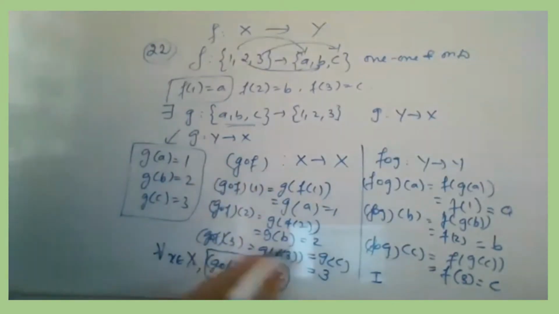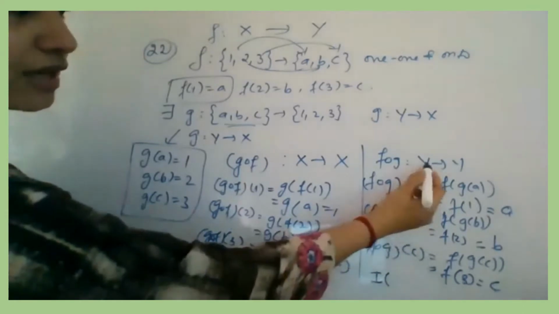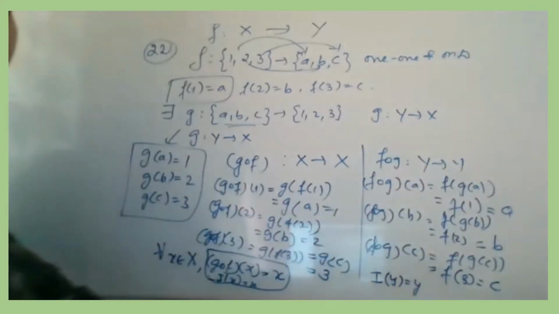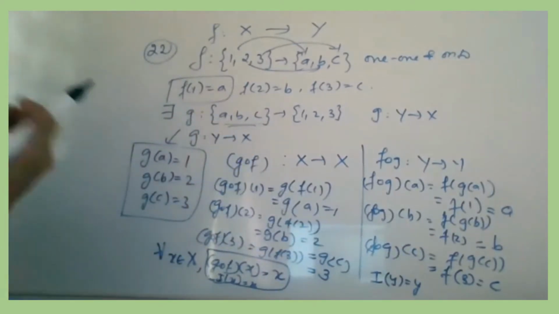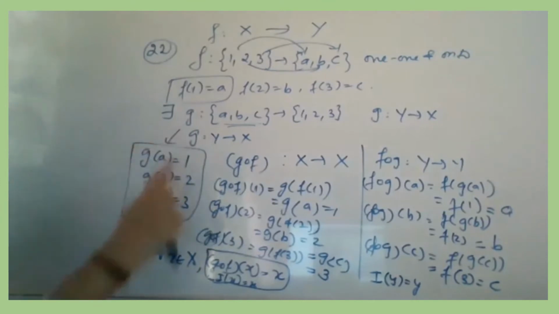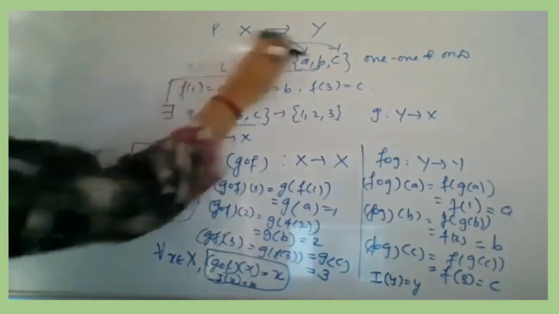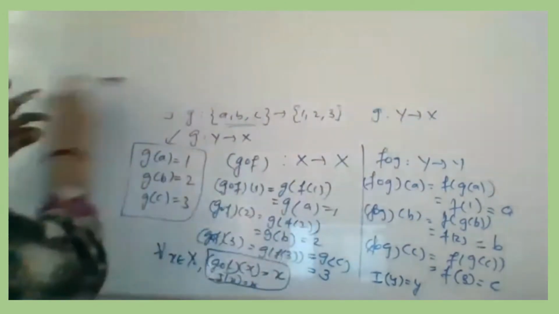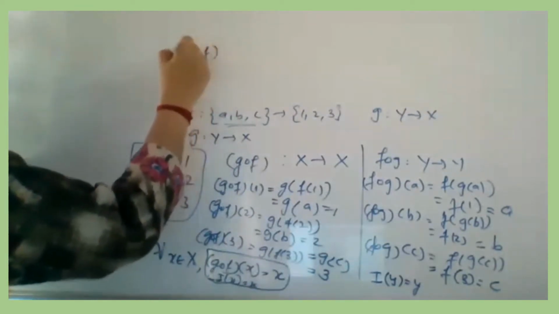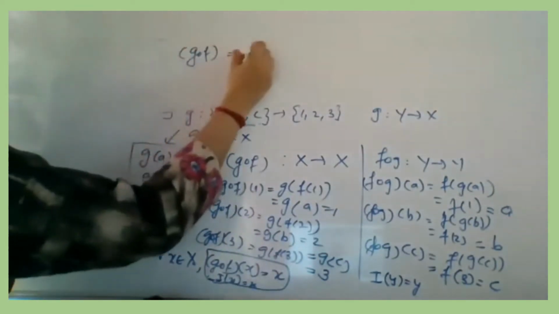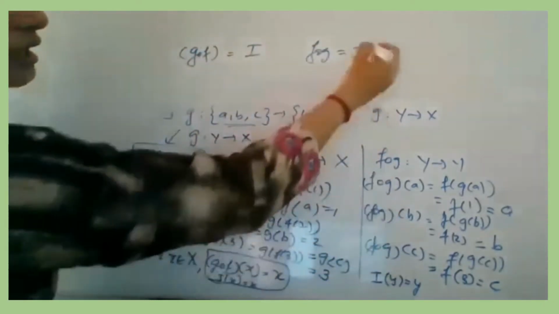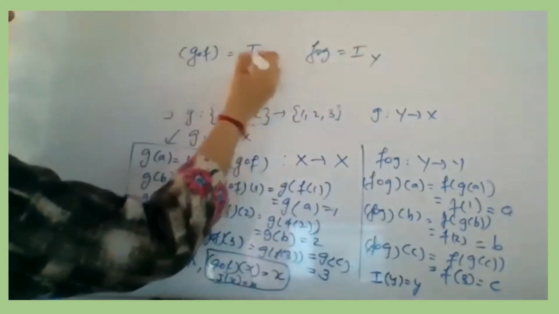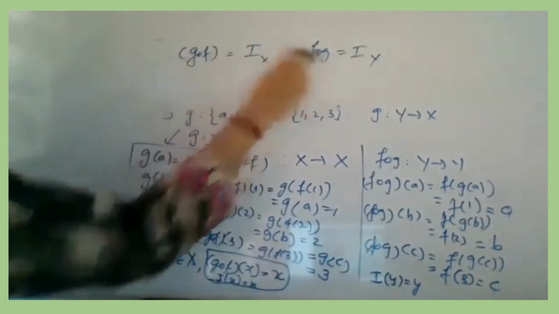But कहाँ से है? ये I of X है तो ये I of, you can just say from Y to Y है तो I can say I of Y is equal to Y I am taking for all Y in the set ABC. Okay. Hence you can say that G is acting as, so that you will get the composition as I. Clear? I can say that G composition F is equal to I and F composition G is equal to I. F composition G will be from Y to Y and G composition F will be from X to X. Both are acting as the identity.